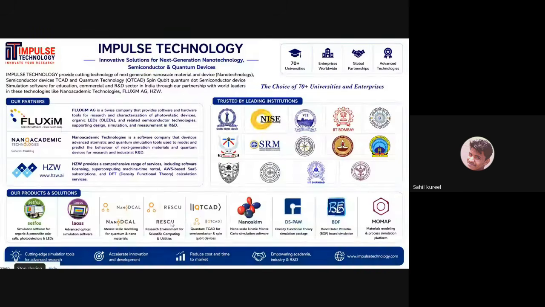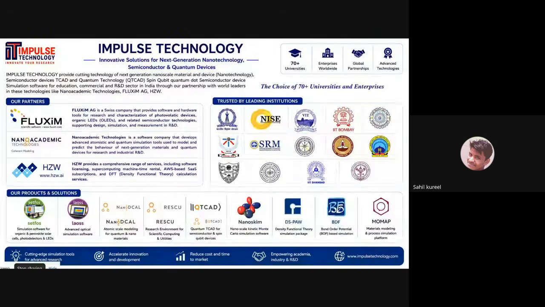Rescu software is used for material simulations. QTCAD is one of the softwares for spin qubit material simulations. And Nanoskim software, DSPA, BDF, and more. We have different softwares that you can use,